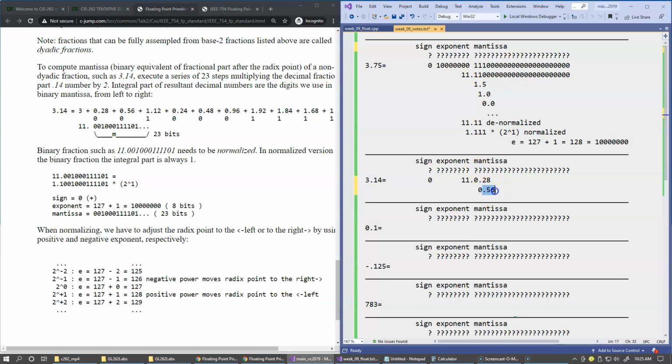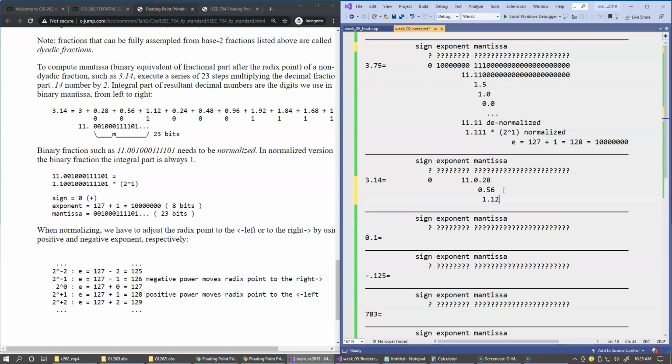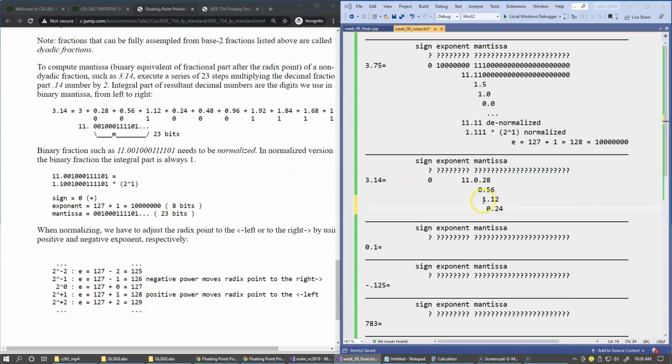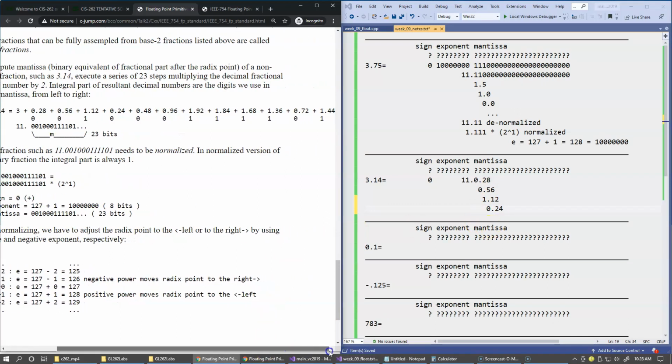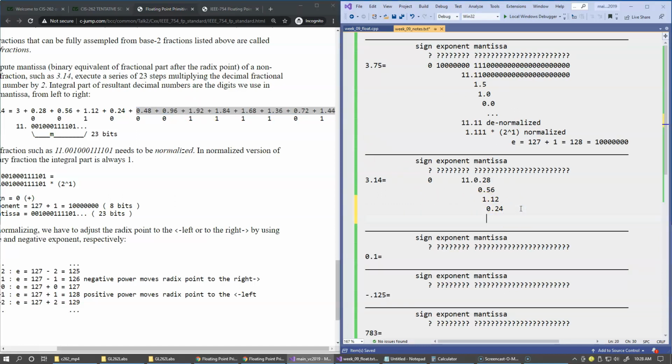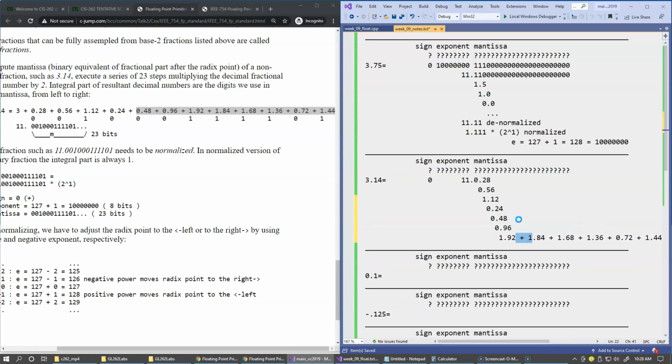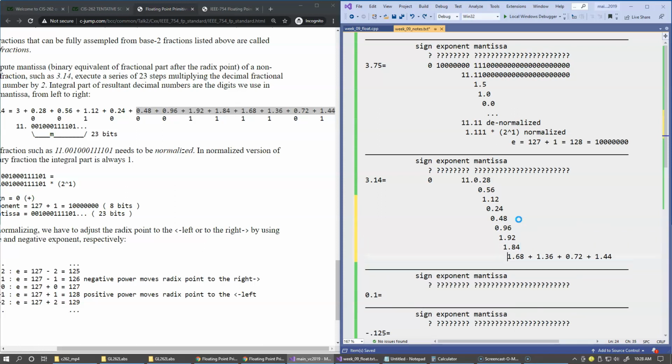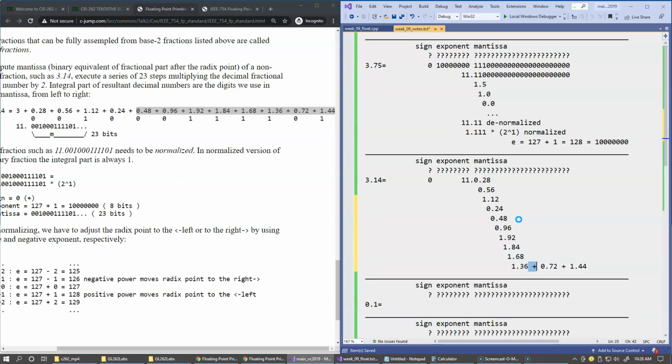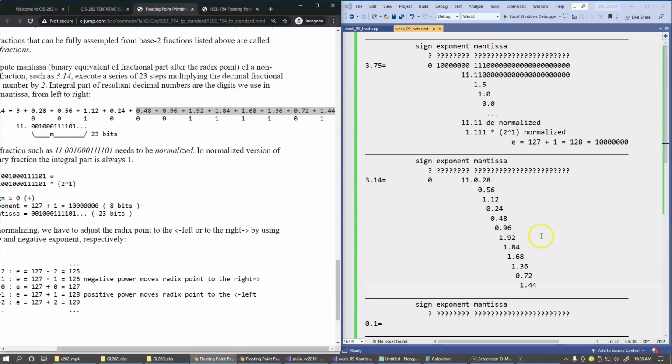Then again we multiply the fractional part by 2 and write it right next, and we just keep going, but remember only the fraction part needs to be multiplied by 2 when moving to the next bit. So here we have 0.24 and so on. I can just copy and paste it from this example we have. Just write it down. And then the next number is 0.88, but I'll stop right here